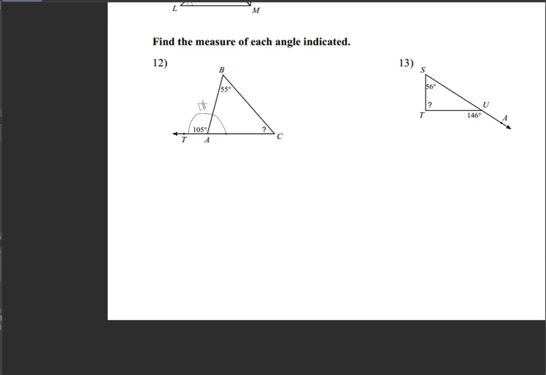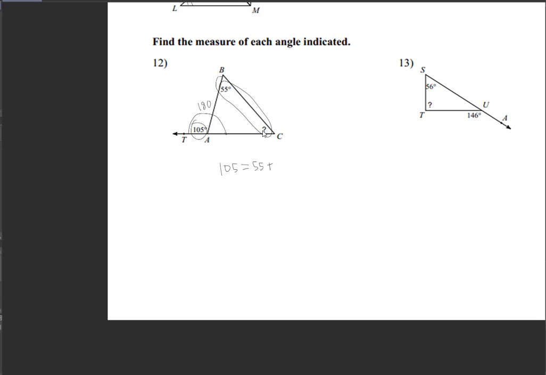Well, what the triangle, what the exterior angle theorem says is that this amount here is equal to the sum of the other two angles in the triangle that's not adjacent to this exterior one, okay? So in other words, if this is 105, then that 105 is going to equal 55